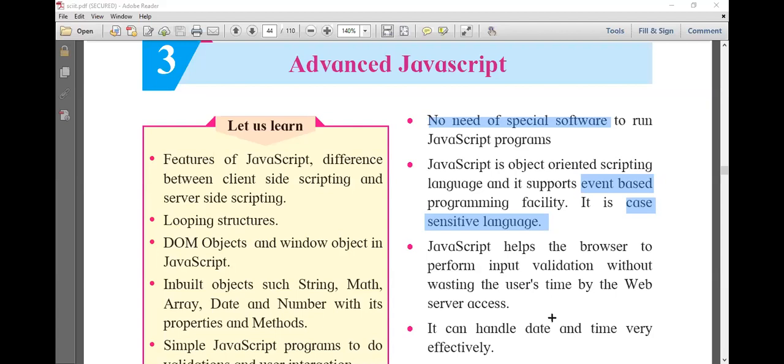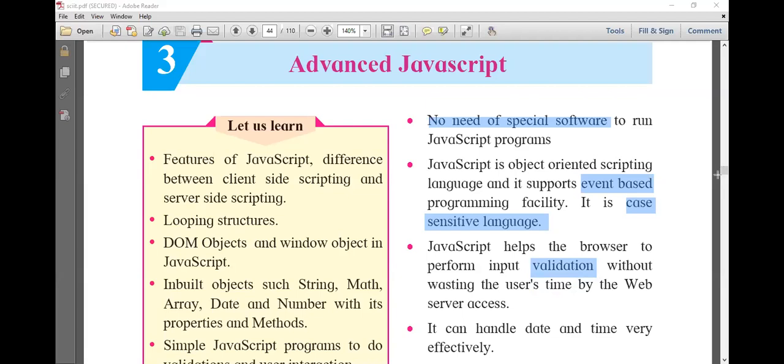JavaScript helps the user with input validation. JavaScript helps the programmer also to validate the input. Okay, so it saves time. It saves the time of the user or programmer to change again the wrong information stored in the server. Before transferring to the server, it checks the data, it validates the data. So validation is a very important word that comes in the features of JavaScript. Okay, next.